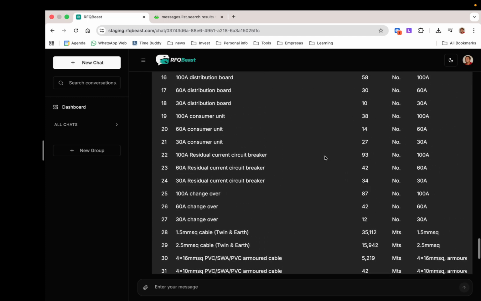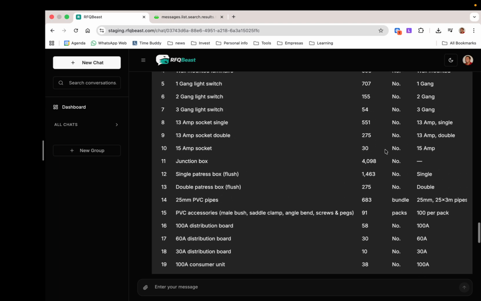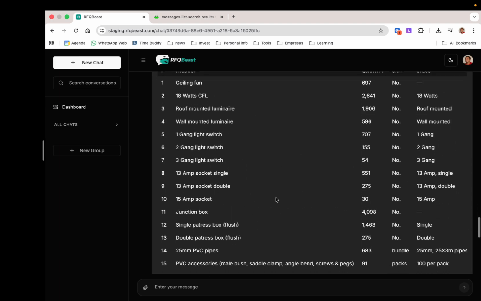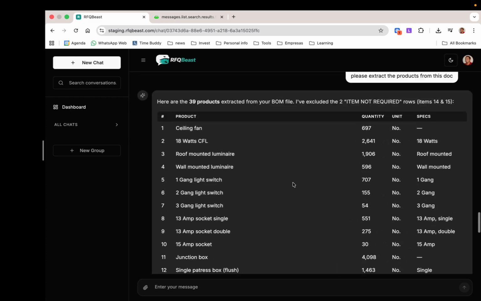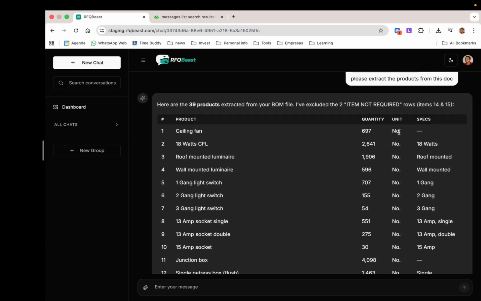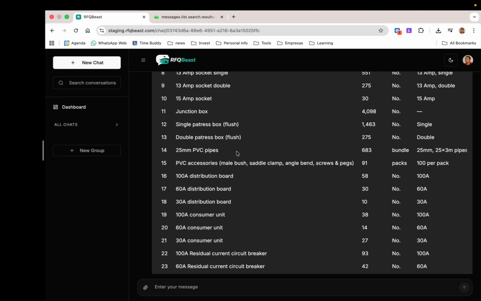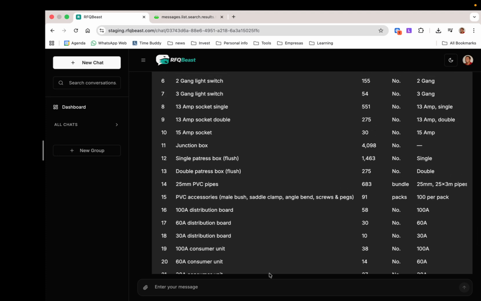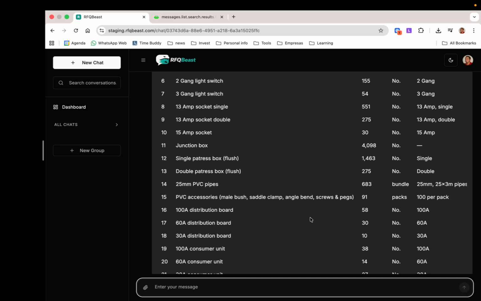So there it is. It took a few seconds, but he extracted them. There's a bunch of products in that list. He extracted not only the name of the product, but the quantity needed, the type of unit, and specs, right? So in this case, let's use one of these, for example, this one, 11 junction box, and ask him, find me 5 suppliers in the United States